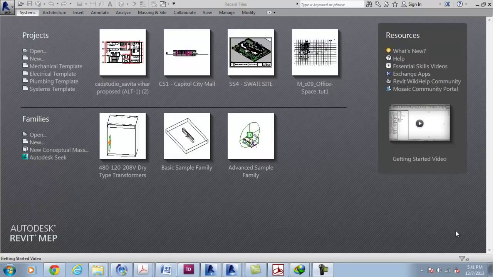So here in the interface you can see the Revit MEP startup screen. Here we have the projects area and families area. So we'll start a new project,